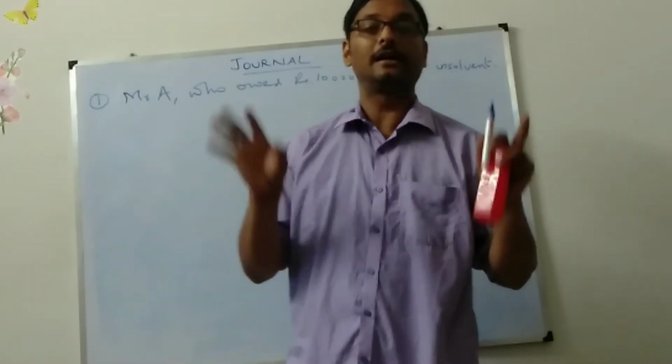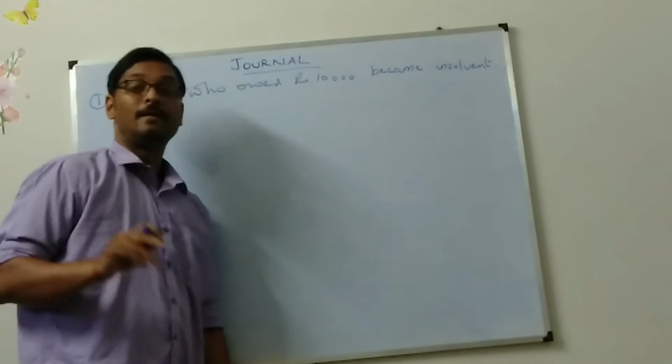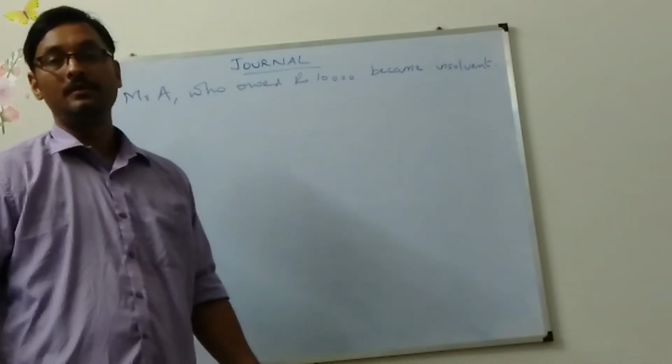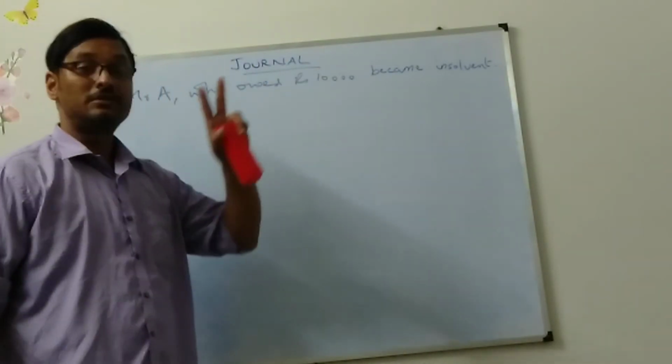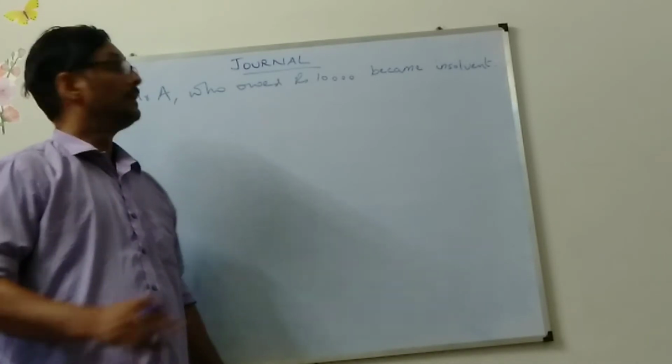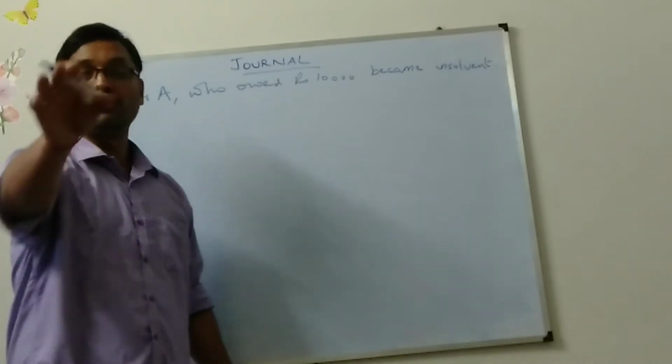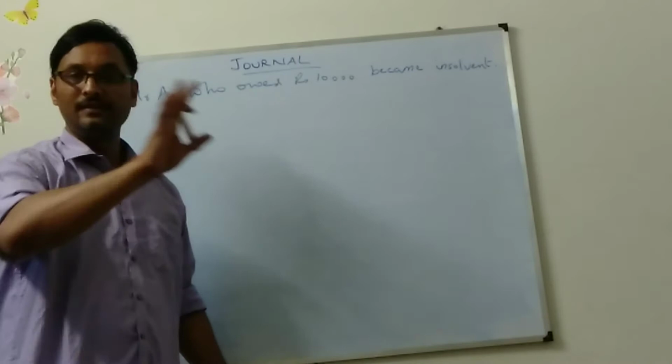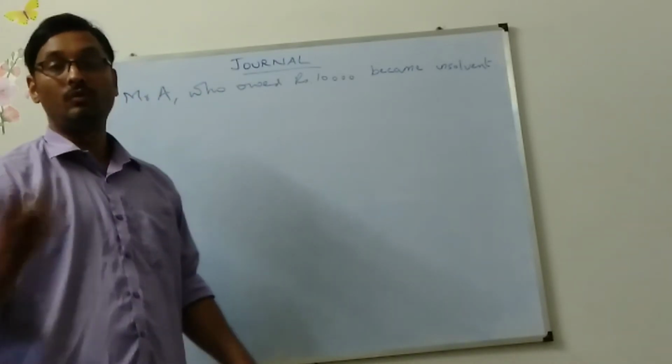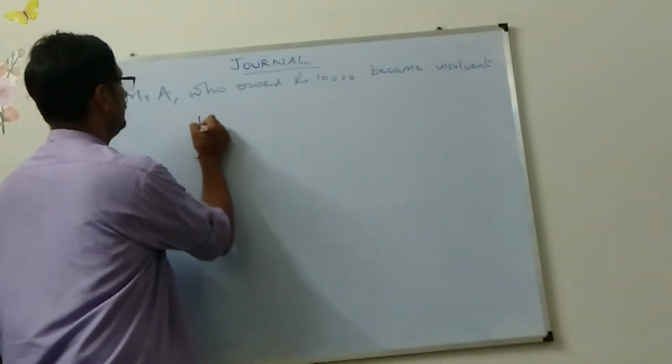When he has become a beggar of the road, then what? He is not going to give you money. So what are the two things involved here? Money is not involved because you are not getting money. So cash will not be coming in at all. So what are the two things? Mr.